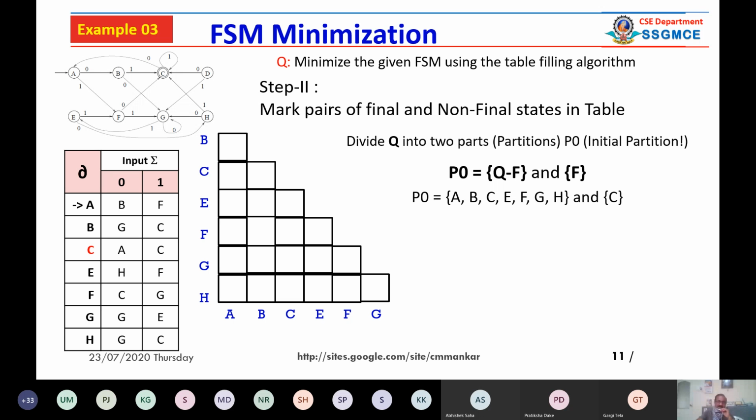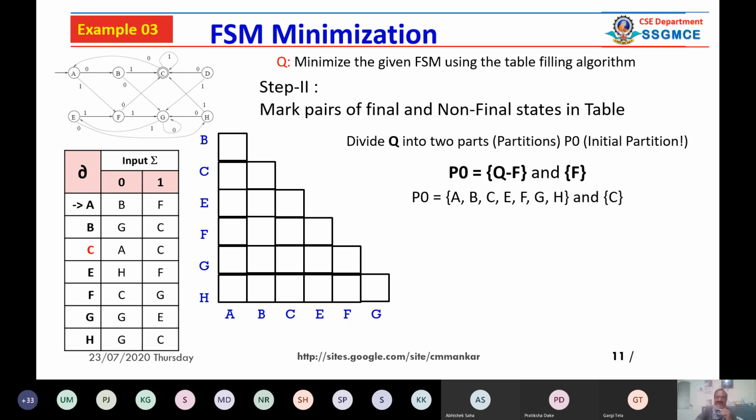So here you will find that this is a transition table. In this new transition table, there is no D. I have removed D. Okay, so what to do? We have to just compare. See, in P0, there is a left part and there is a right part. Left part में C नहीं है और right part में C है. Just imagine, because I will correct it. Right now it is not possible to correct it. तो हम क्या करते हैं, पहले A लेते हैं, C से कंपेयर करते हैं, B लेते हैं, C से कंपेयर करते हैं, like this.